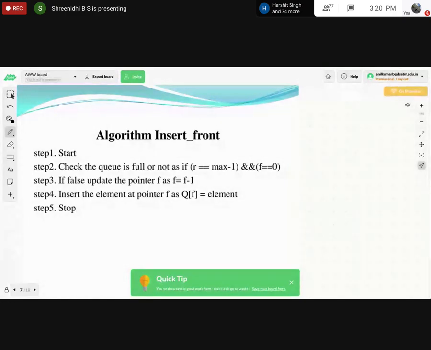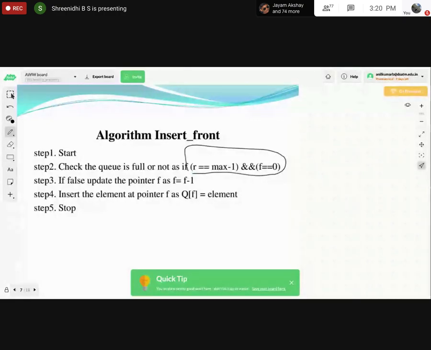Okay, fine. Algorithm for inserting at the front: check whether the queue is full or not. R is equal to max minus 1 and front is equal to 0. If false, update the pointer as f is equal to f minus 1.